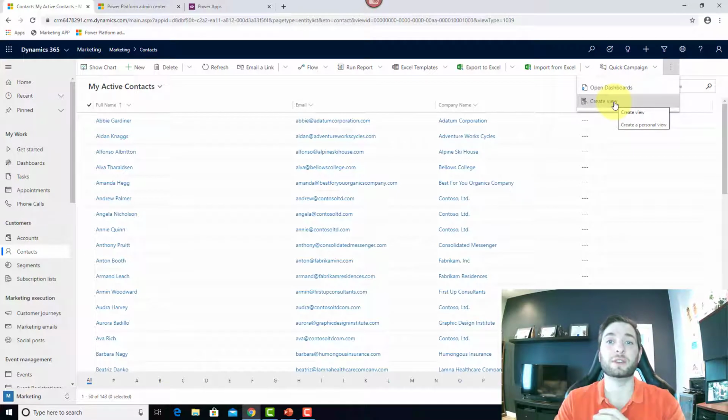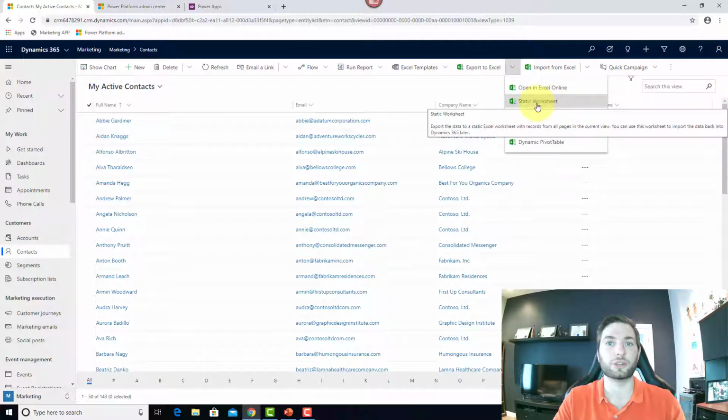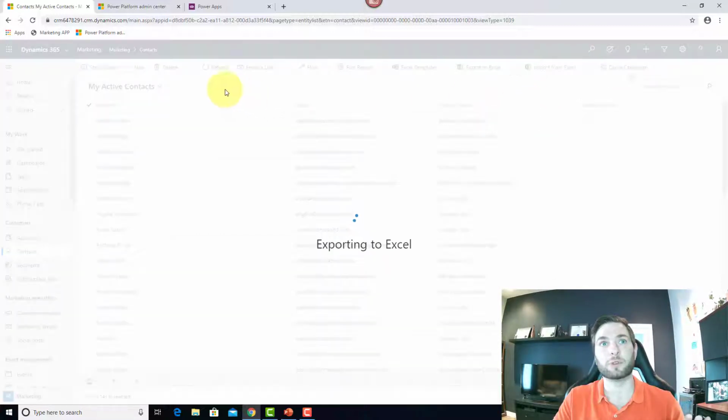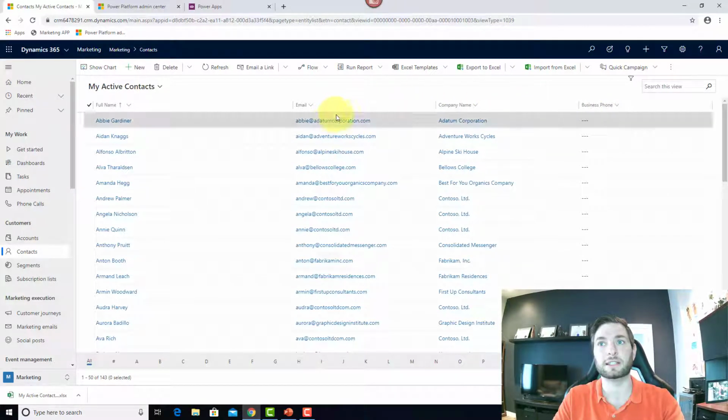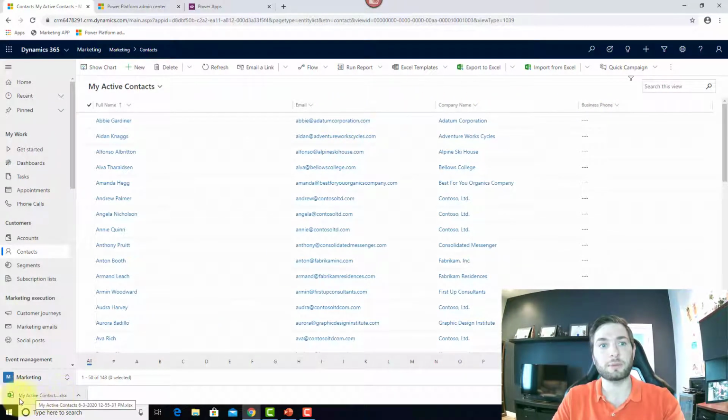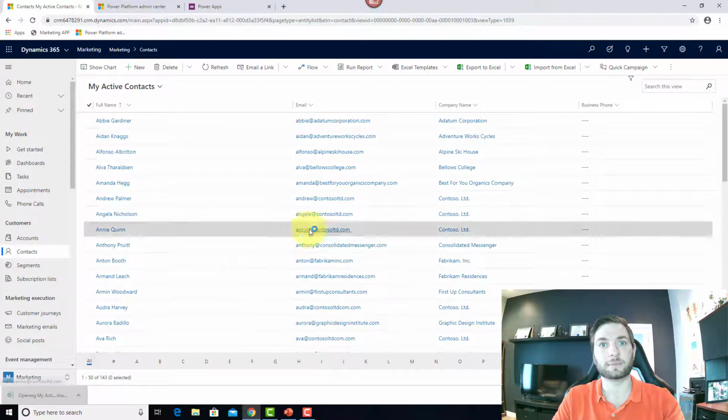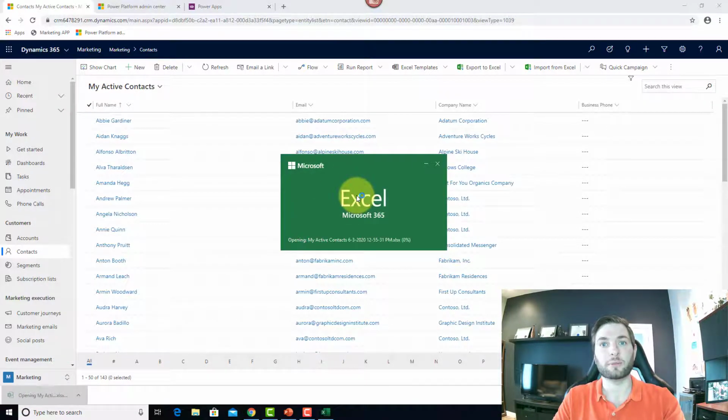and then add my specific columns. The advantage is that you'll be able to choose which columns, which fields, you want for your import template. For the example, I'll just use this one. I can click on export to Excel or static worksheet. We'll do the exact same thing, which is to export the current view. Right now it will export all my active contacts with the exact same columns as you can see on the screen. So it generates an Excel file with my active contacts, and from there I'll be able to